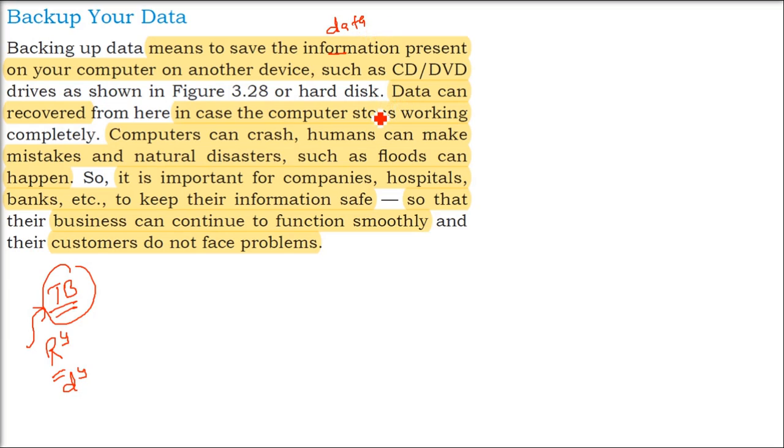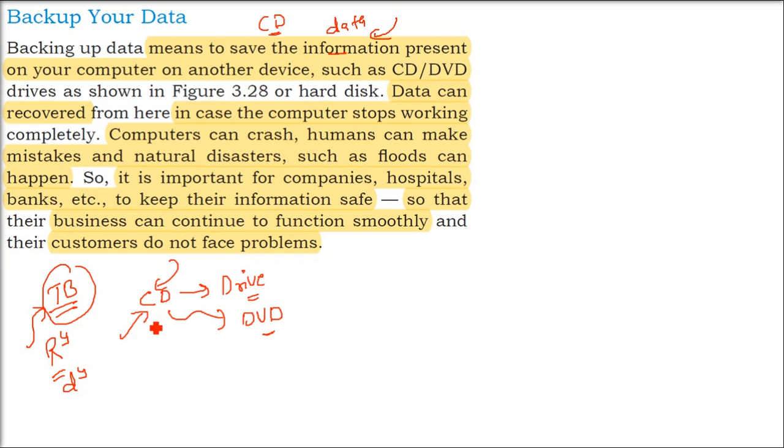So whenever we are talking about data, which is so important in the form of information, people don't have multiple laptops. Normally, the normal human being will have one laptop or one computing device, one mobile. So if something happens to this computing device, what will happen to your data? You have not kept it somewhere else. So in order to get that data back, you can have an external drive. It can be a CD, DVD. It can be some pen drive also. Pen drives are also huge in size today. Keep that data, back up your data